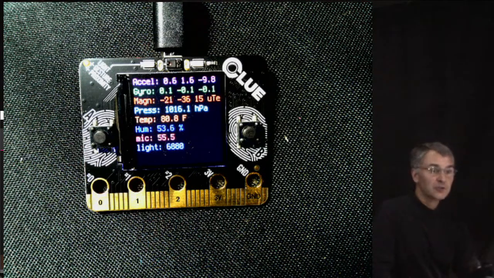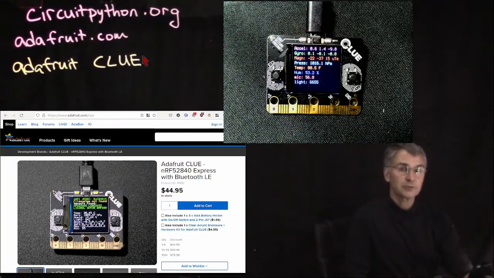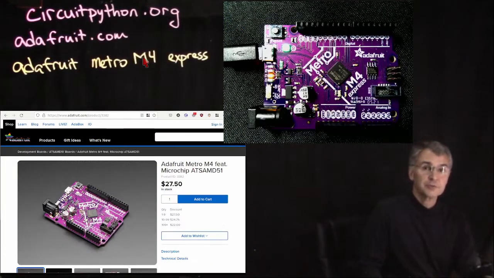This board does too much for you all by itself. It kind of leaves the fun out. So I'm going to show you how to do some much more basic things in a way that involves wiring things up yourself. So that was the Adafruit CLUE, and here's the Adafruit Metro M4 Express, which I tried out